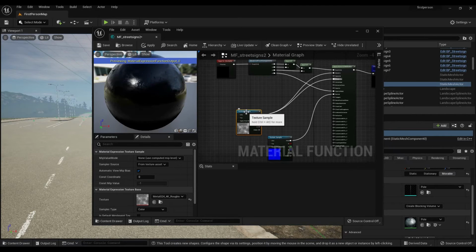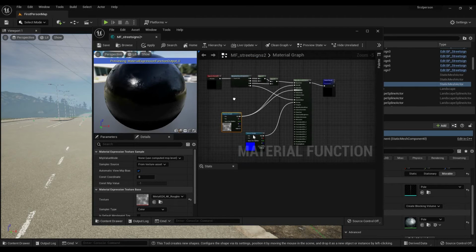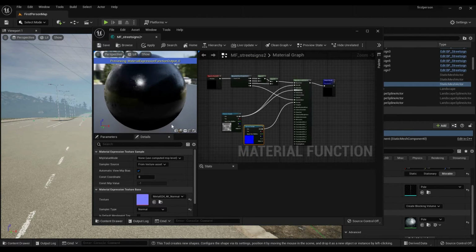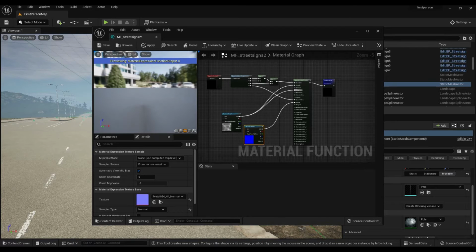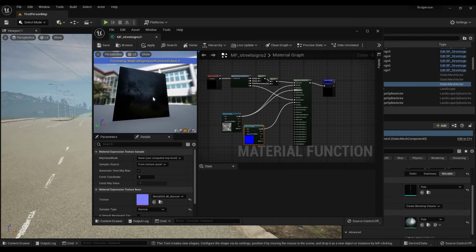But because this is a material function that you can reuse in all the street sign materials, you can change this at any time to make it how you like. And that's the great thing about material functions, really. Alright, so this already looks pretty good. You can see, you can switch this to plain. This already looks pretty interesting. So we're gonna save this,